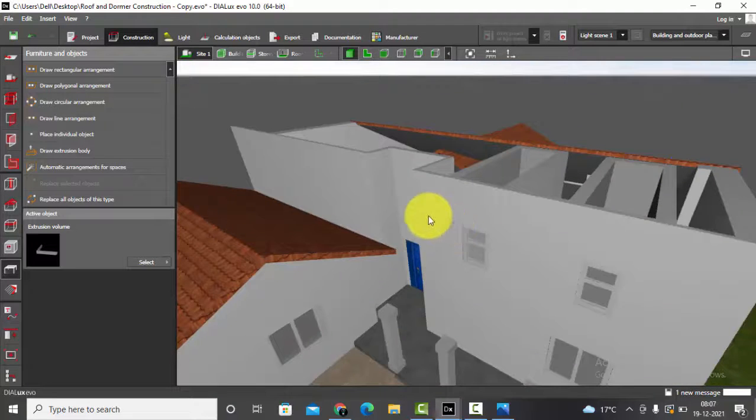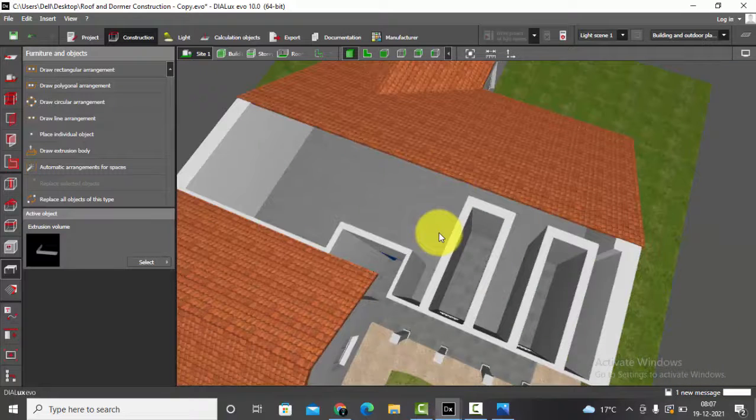Before going to dormers, make sure you have drawn the inner and outer contours properly. Okay, so this is a roof for the dormer. Okay, what is a dormer? It's basically a window which is projecting out vertically outwards of the roof, right? So make sure you draw the inner contours and outer contours, especially where the dormers are, very precisely.